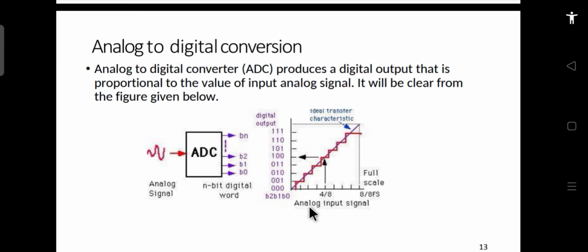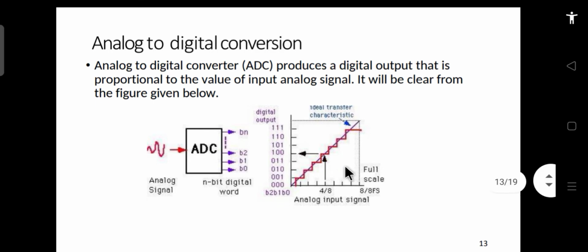In this case there will always be a quantization error. The quantization error can be reduced by increasing the number of bits, and the resolution can also be made finer, but it cannot be made infinite. The resolution cannot be made 0. It will be something, and the quantization error cannot be eliminated completely. So we decide some input range for which our output will be considered as 0, then the next input range for which our output will be considered as 0 0 1, and so on and so forth up to the highest voltage. So this is the principle.